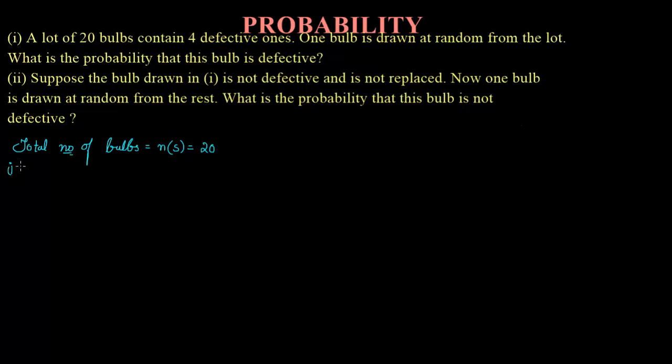Now for first part, what is the probability that the bulb is defective? So there are how many defective bulbs? 4, right? There are 4 defective bulbs. So probability of defective bulb is equals to number of defective bulb